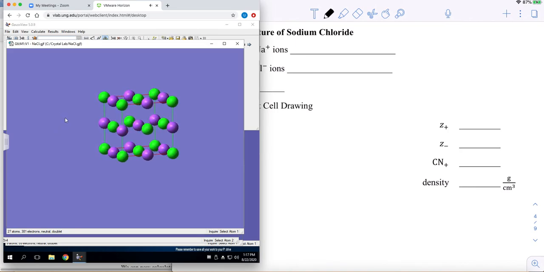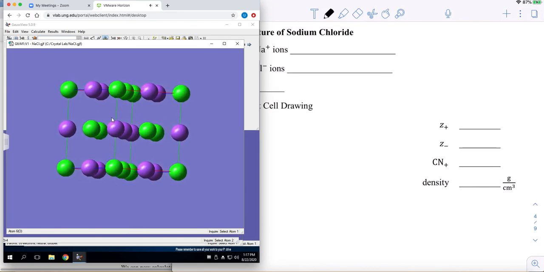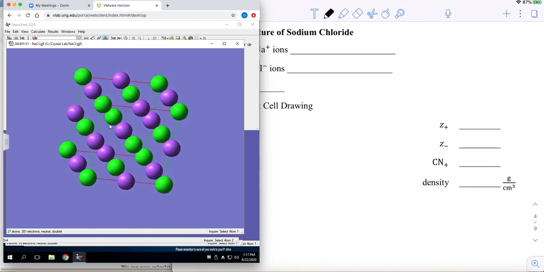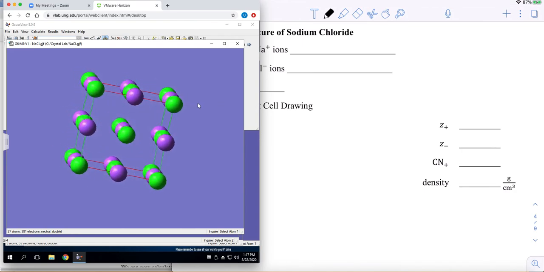All right, so here's what our structure for sodium chloride looks like. And this is one your textbook usually shows as well with some different images. This is actually just a single unit cell. So in terms of getting our description here, the biggest things to pay attention to are really just,